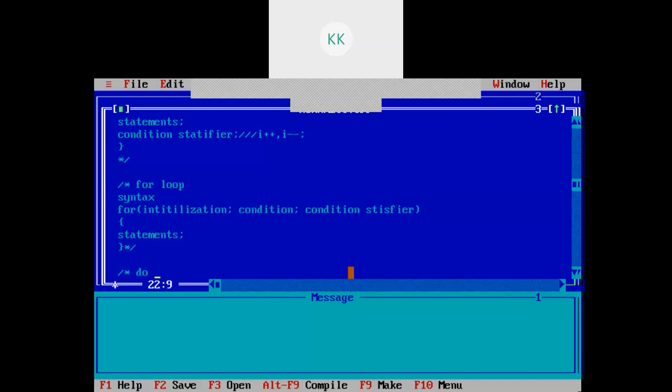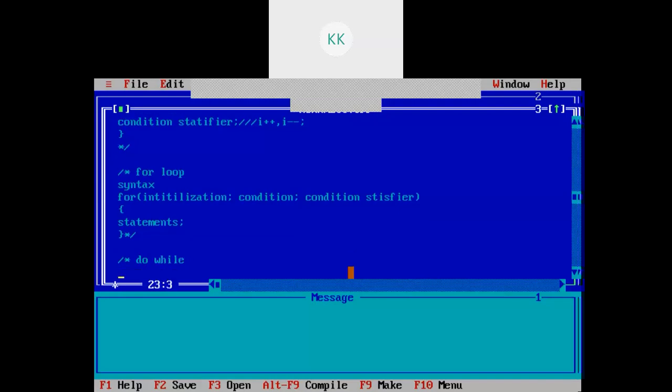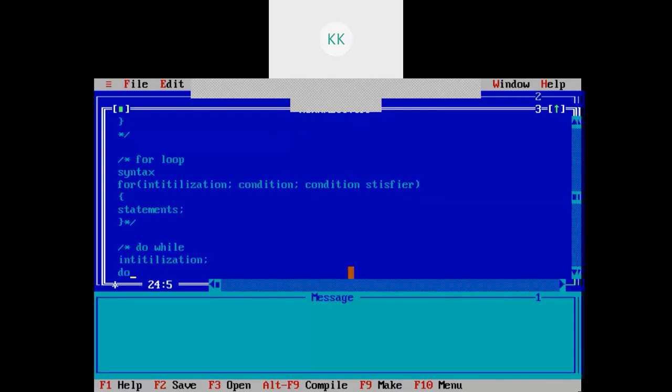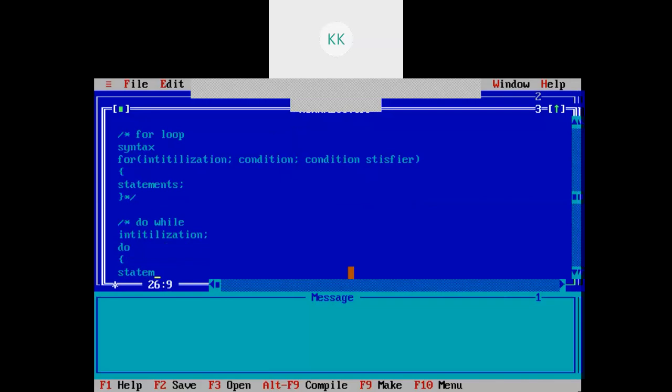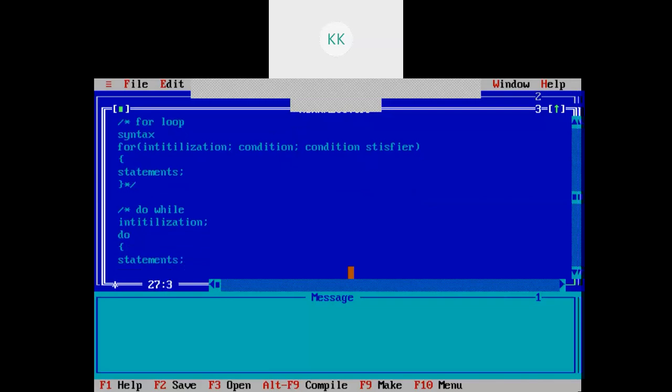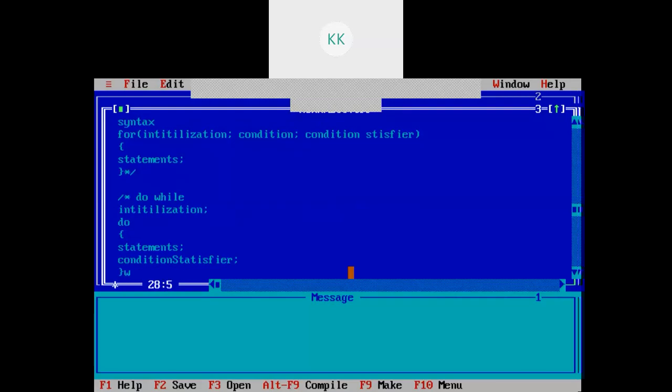So do, here also we have initialization, then do, statements inside the do while loop, then condition satisfier, and this while, and then we have the condition, and after that a semicolon symbol.